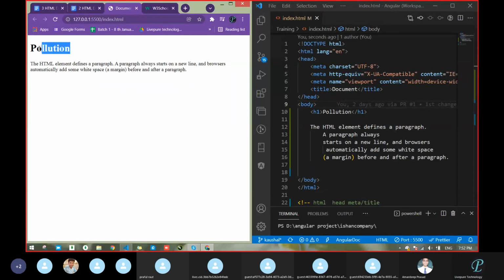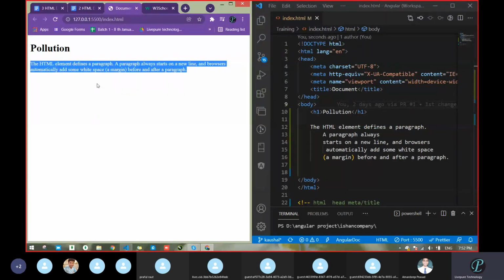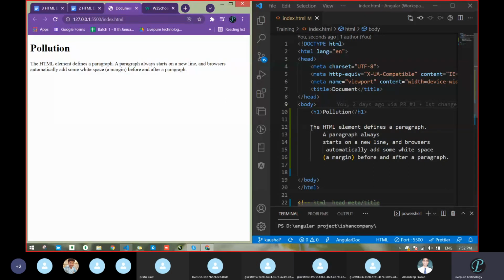See, this text will be bold, but this one has to be smaller, the smallest. So now you can think, why can't we put it in H6? Can we put it in H6?